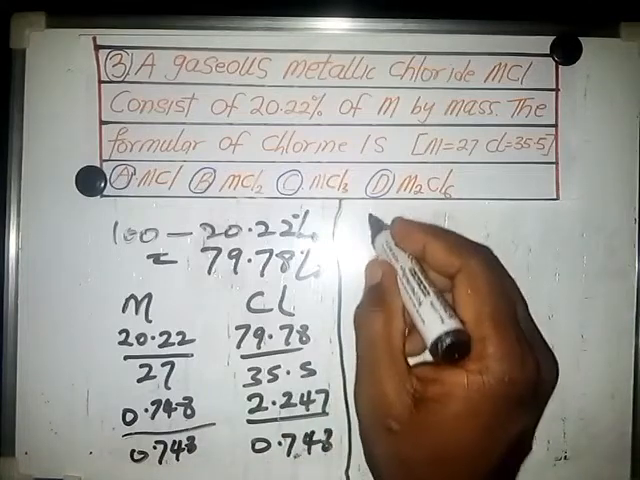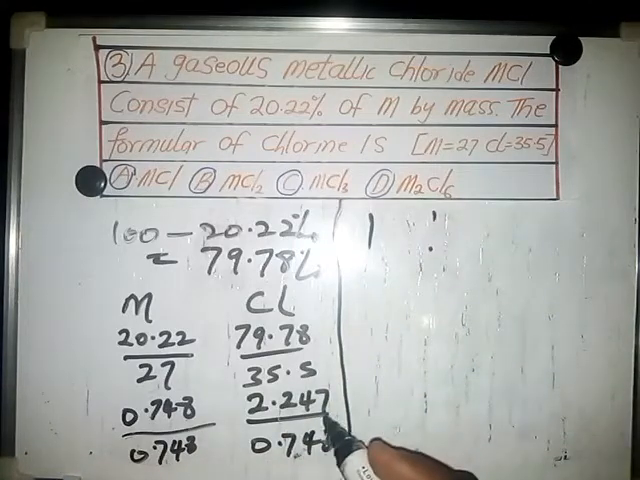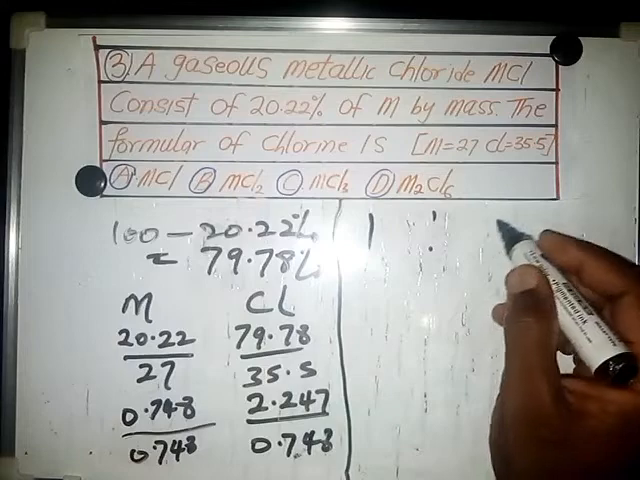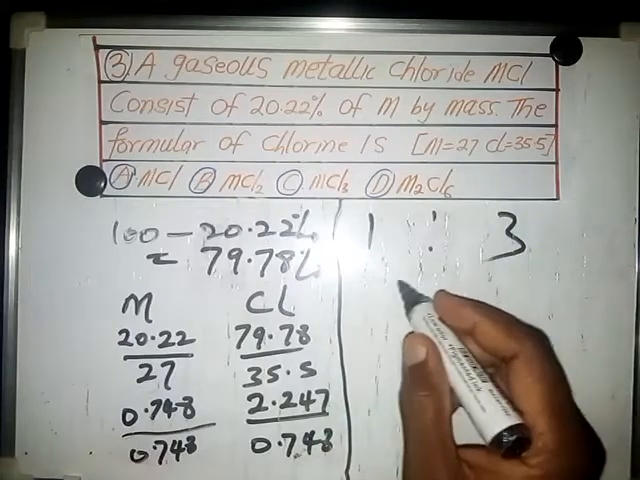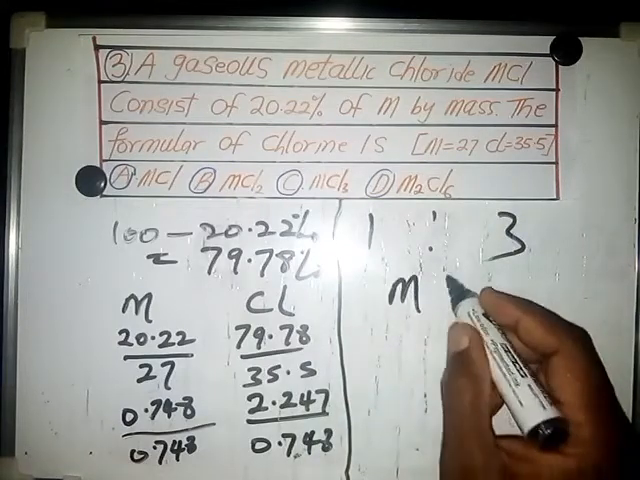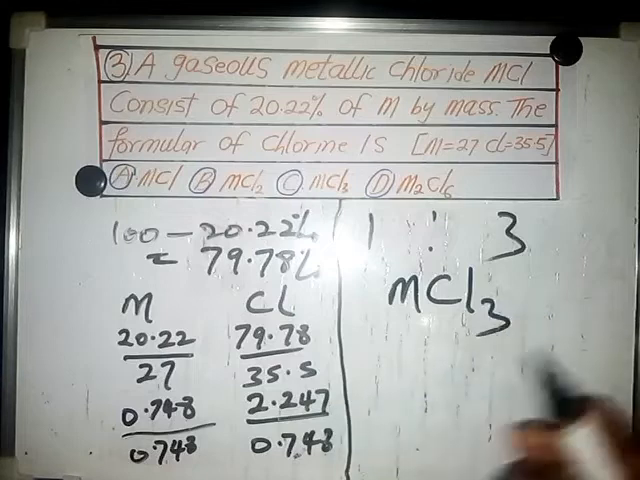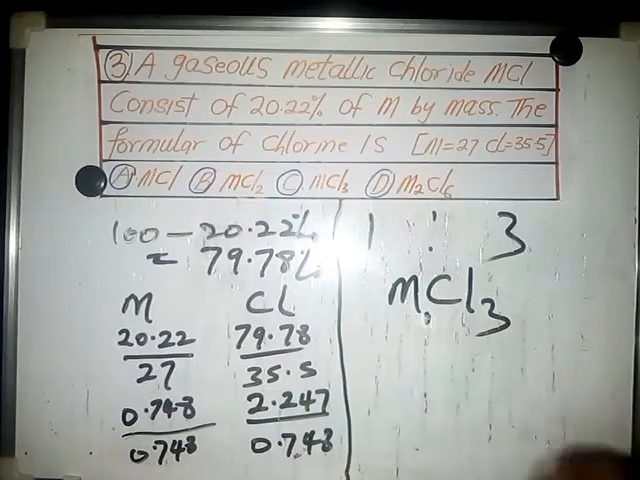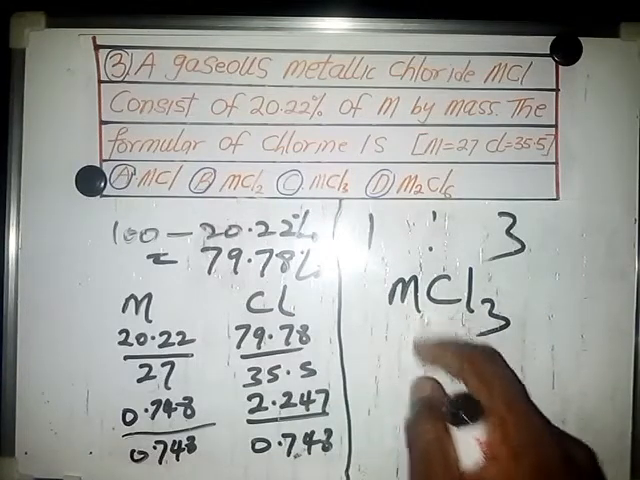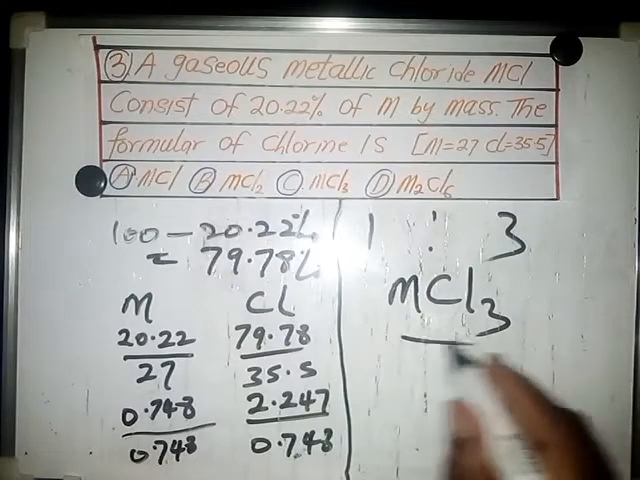Of course, this one you get 1. Then when you divide this one, you're getting 3. So the formula will be MCl3. Remember, no need to put M1. No need. MCl3. So the answer is